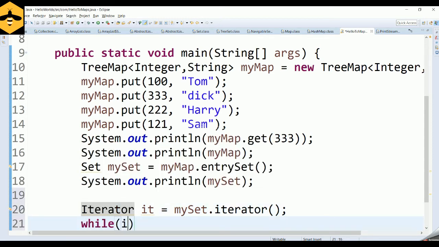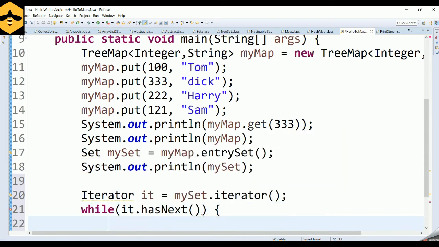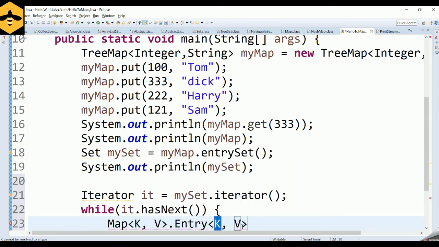Use a while loop: while iterator.hasNext. This iterator.next will contain a Map.Entry. You don't have to mention the key and value types; ideally it is going to be key Integer and value String.